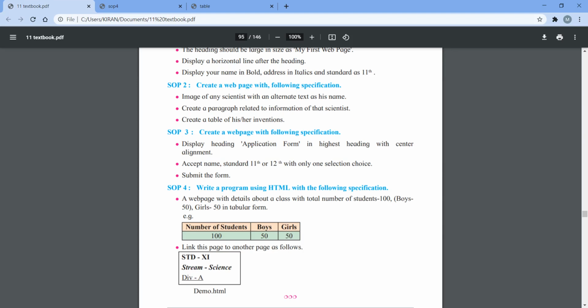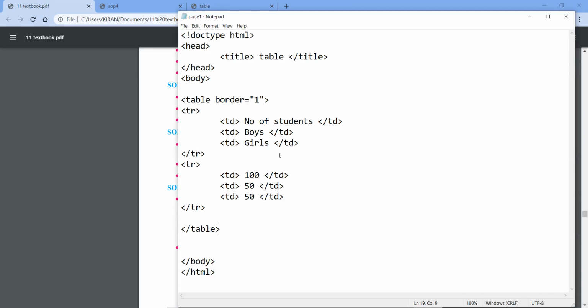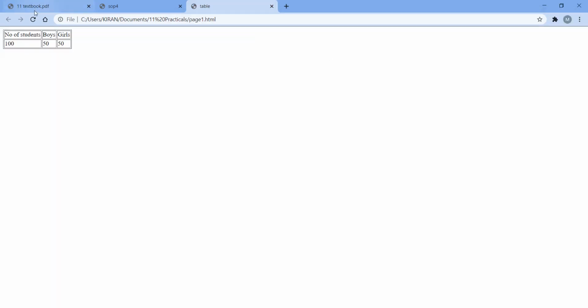Okay, so what changes do we have to make? If we have to display the content of a table in bold format, then we are going to use the th tag, that is, table header. Whatever content we display in a th tag will be displayed in bold. So in the first row I want to display everything in bold format, so I will use the th tag here. Let's save and see this again. Okay, the first row is displayed in bold format.